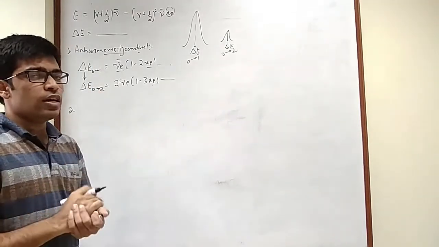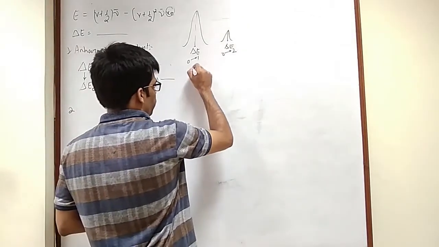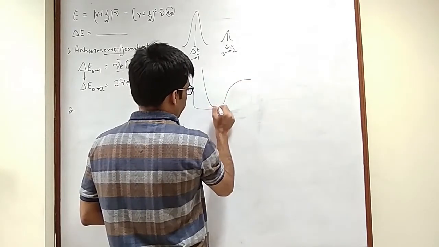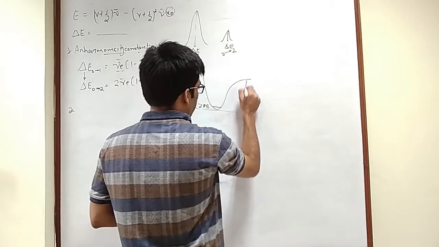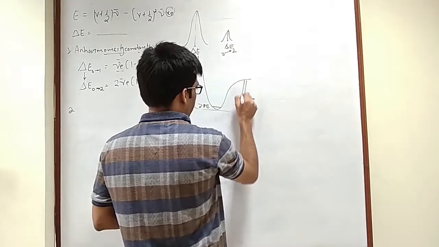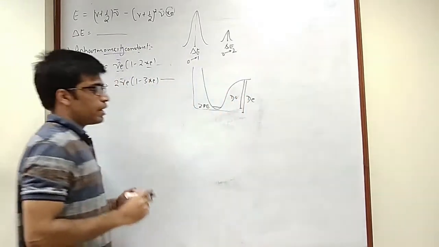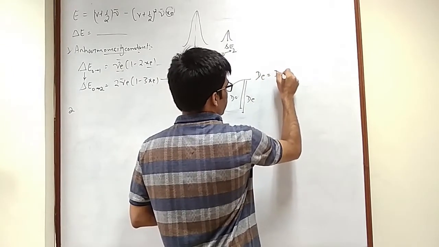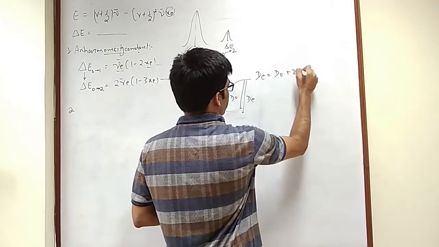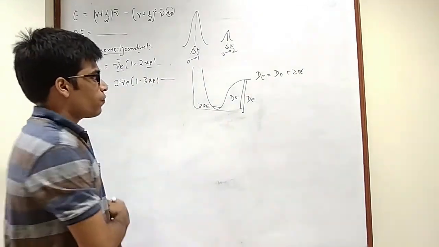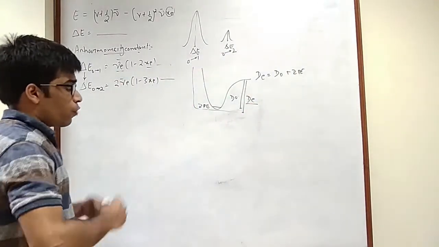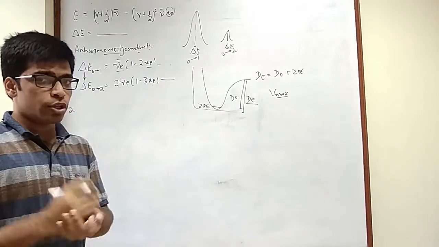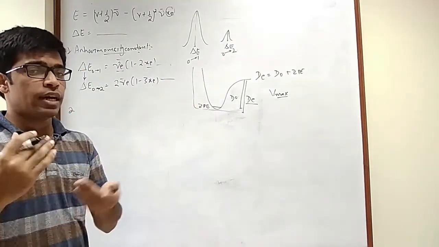Second is to find the dissociation energy. Now if you remember, the plot looked something like this, wherein this is your zero point energy, this is the depth of the potential well, and this is the dissociation energy that is needed in order to break the bond. And we had seen that the depth of the potential energy well equals the dissociation energy plus the zero point energy. So how can you find this D E? For that, we need V max, or the maximum vibrational quantum number the molecule can have, or the maximum vibrational energy level the molecule can go to.